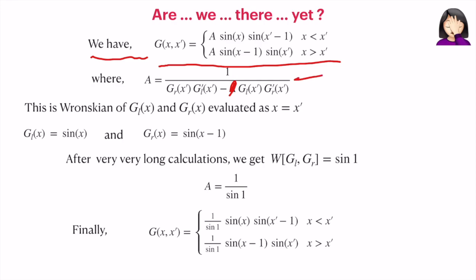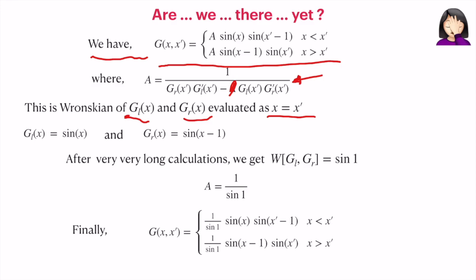Now carefully look at this. This in fact is the Wronskian of a left-hand solution and right-hand solution that is evaluated at x is equal to x prime. Interestingly, that is where the Wronskian appears: the left-hand side solution should be linearly independent of the right-hand solution at the point x is equal to x prime. If that doesn't happen, we cannot determine the coefficient a and the solution will not match, and we cannot solve using the method of Green's function.